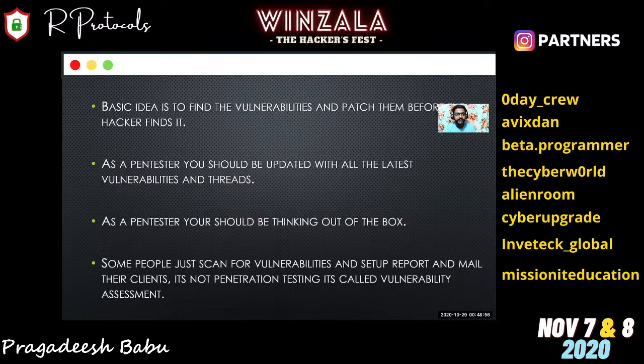Pen testing is where we scan systems for any flaws or vulnerabilities, and we try to exploit them. Why do we do this? If you use automated tools like Nikto or anything else, it may be a false positive. We can't say 100% that the exploit will work.